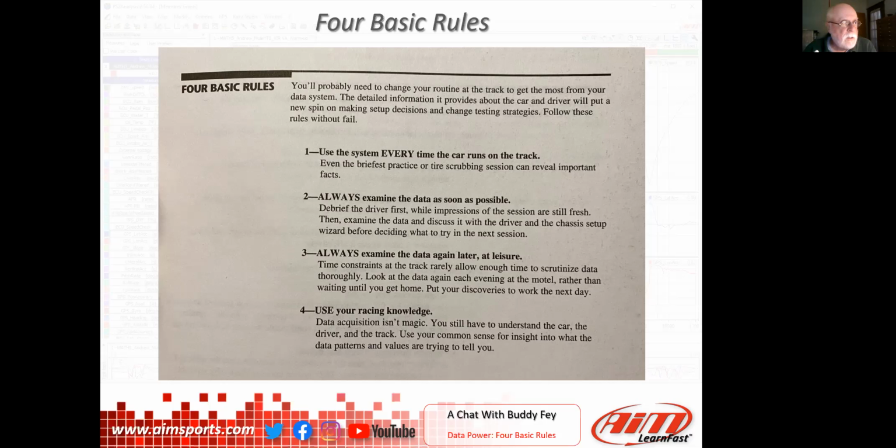But again, you put your mind's eye in the car and yourself in the driver's seat, and you go, oh, okay, I think this is what I'm seeing here. Then you try a solution, and if the solution doesn't work, one of two things happened: either you diagnosed it wrong, or you didn't do the right solution. So that's life in the big time.